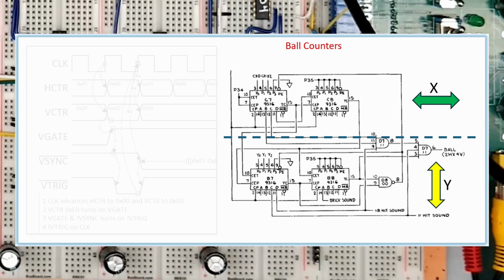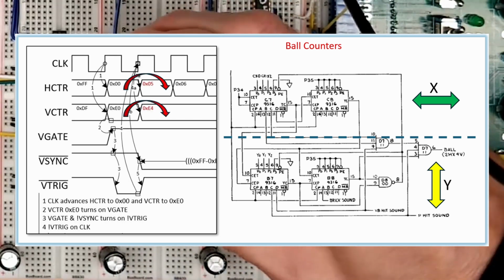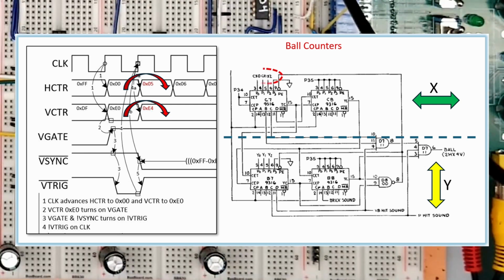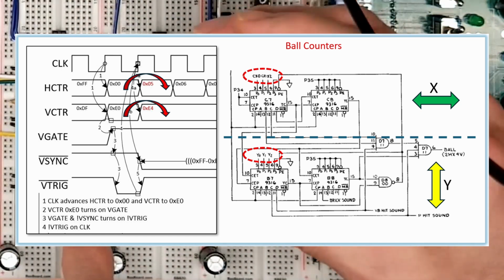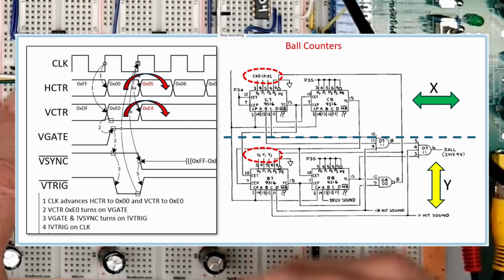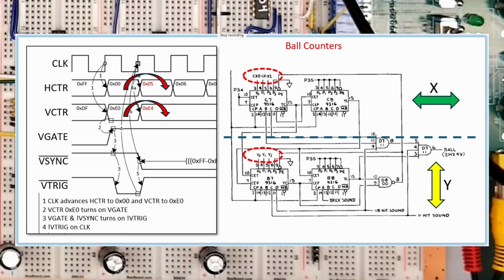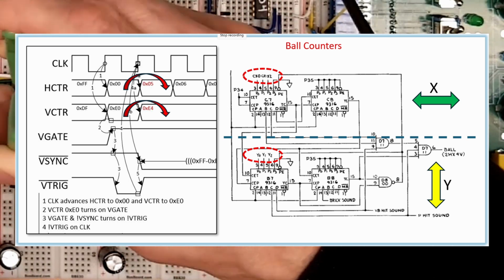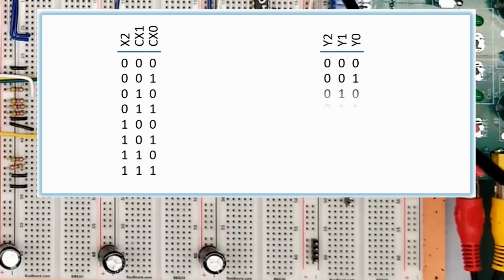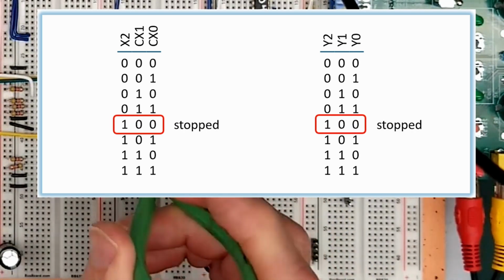We showed in part 5 how the horizontal and vertical video counters skip 4 steps each frame, so that the ball counters can be biased above and below 4 to create motion in all directions. If we set both ball load inputs to 4, the ball should not move because the ball counters will match the video counters exactly. The ball motion logic should therefore never present 4s as load values. I made a list of the 8 possible load values for each axis. We know that a load of 4 matches the video counters and the ball should freeze.